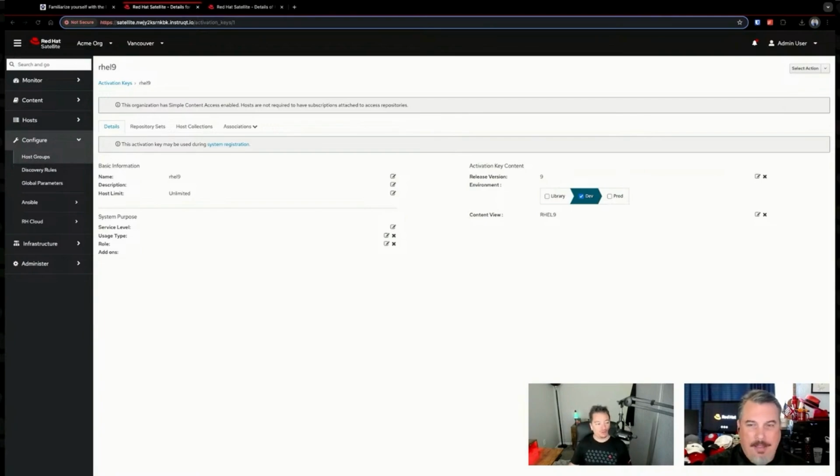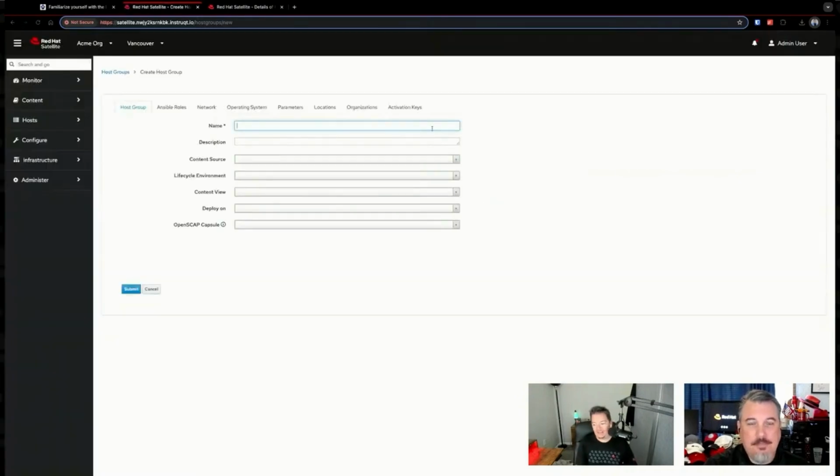So under configure, we're going to create a host group. Create a group, and let's call this group, like Rios was talking about. He suggested dividing up systems by workload. So let's just have a generic application server group. And so